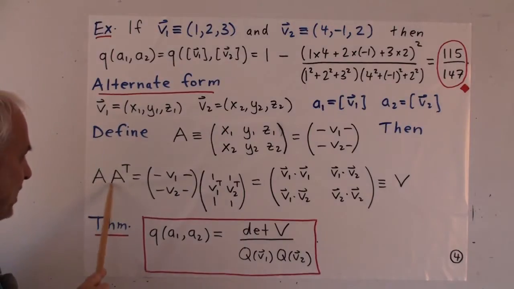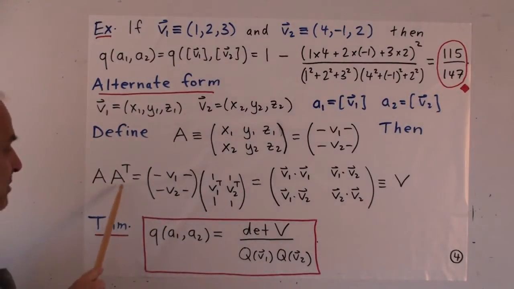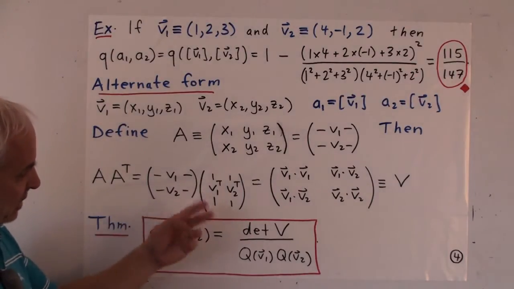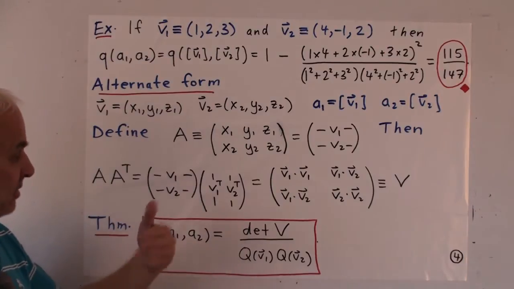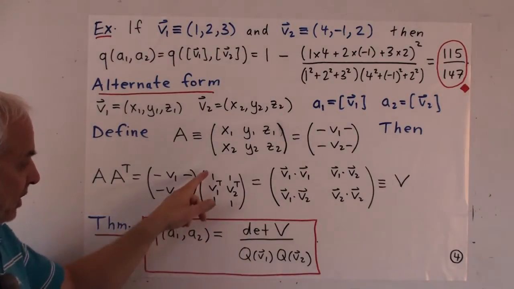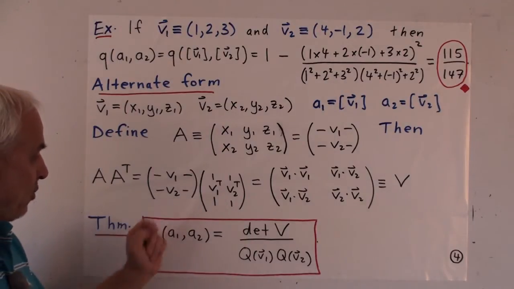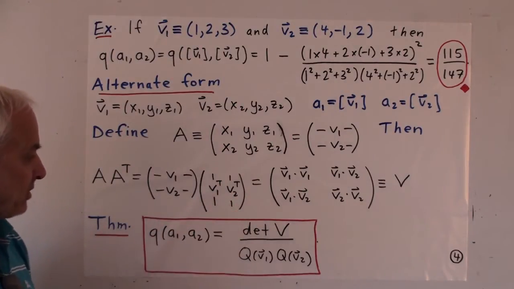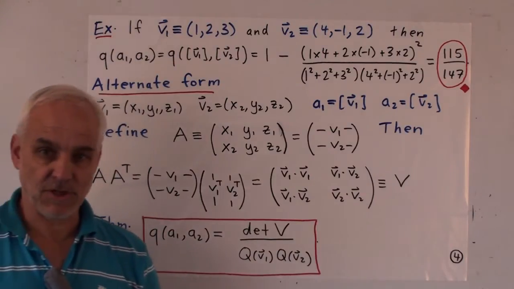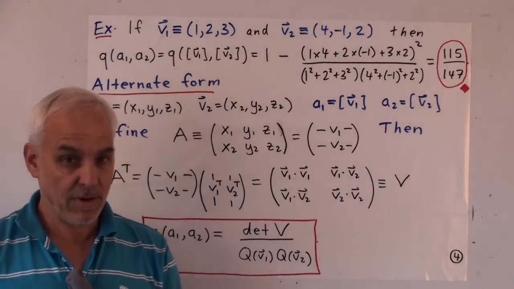All right, so an interesting thing to do when we have a matrix like this is to look at A times A transpose. So here's A, and here's A transpose, what you just get by flipping things on the diagonal. V1 was going horizontally here, so here's its transpose, which is now going vertically. And here's V2 going horizontally, and here's V2 transpose. And when we multiply A times A transpose, which is a very, very common and important operation in linear algebra,